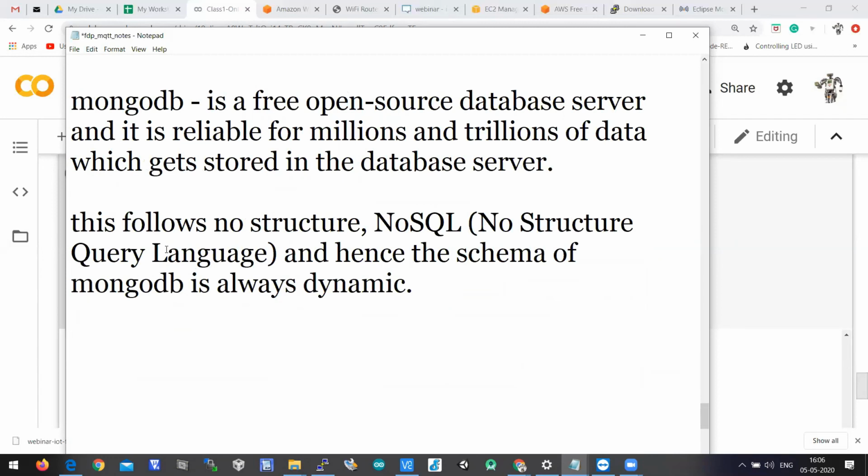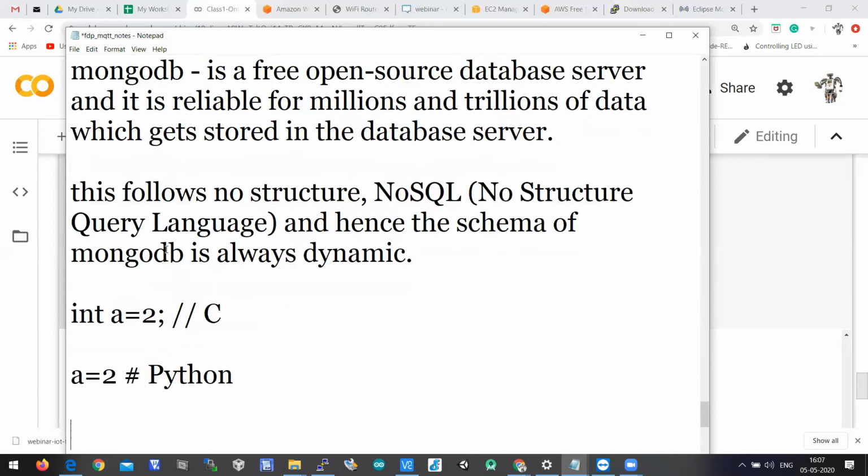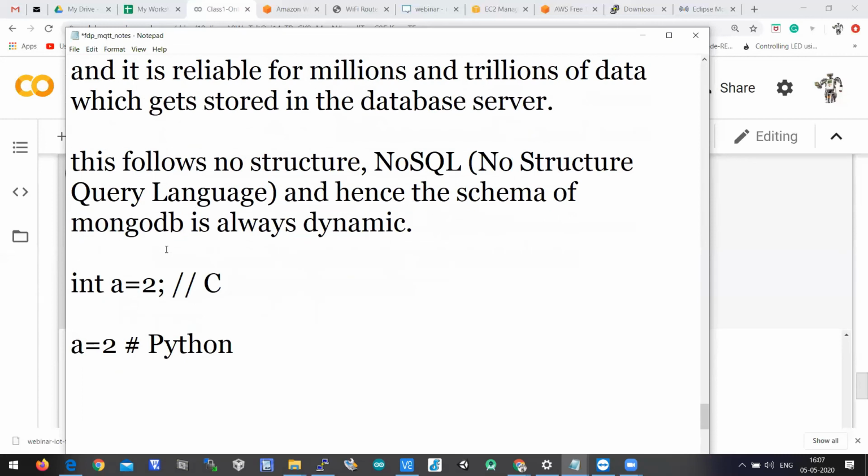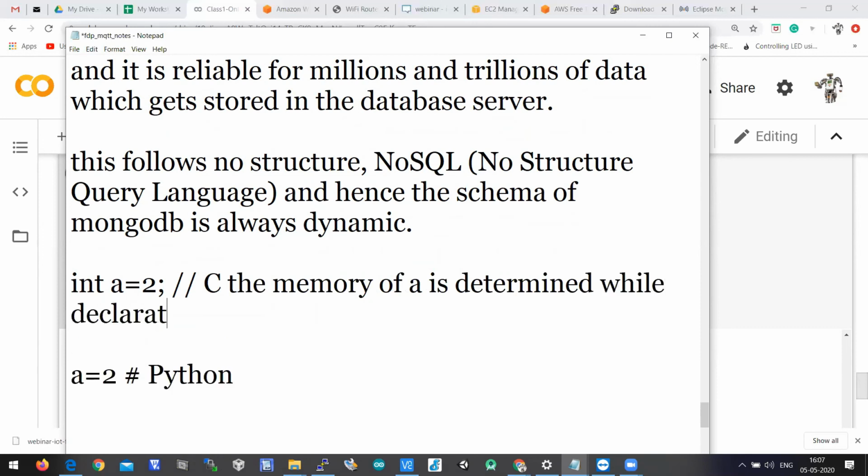So here let's talk about the fundamentals, like int a equal to 2 in C. In the C programming language, the memory of a is determined at declaration and definition.